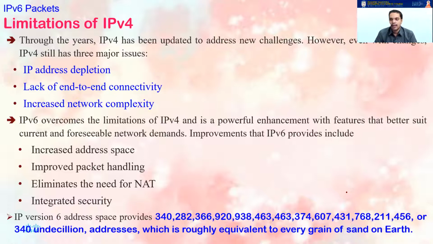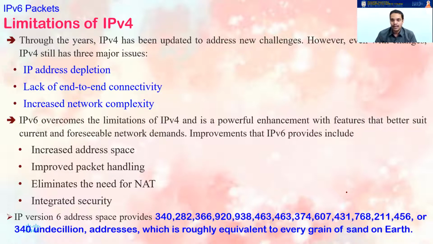The first thing about IPv6 is that the length of an IPv6 address is 128 bits. We studied a little bit of IPv6 addresses earlier in module 5. Remember that IPv6 addresses are 128 bits in length. So automatically the space is now huge, and also the packet handling is improved. There is no NAT required at all, and there are a lot of security features integrated into IPv6.